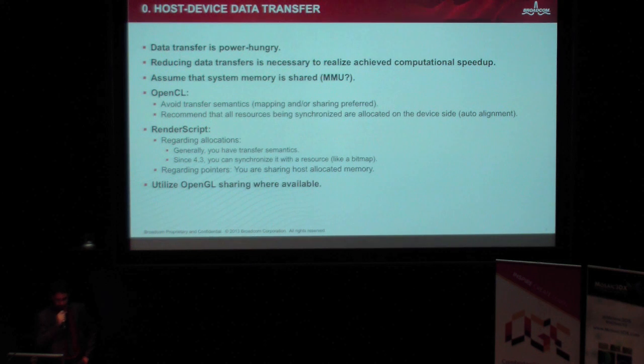It's a good practice to not try to share your host memory allocations with OpenCL, however it is possible, but rather to allocate every synchronized memory resource on the device itself, because this way you guarantee a proper auto-alignment. For RenderScript, originally for allocations, you didn't have any kind of semantics for mapping and sharing, but luckily since 4.3 they have introduced